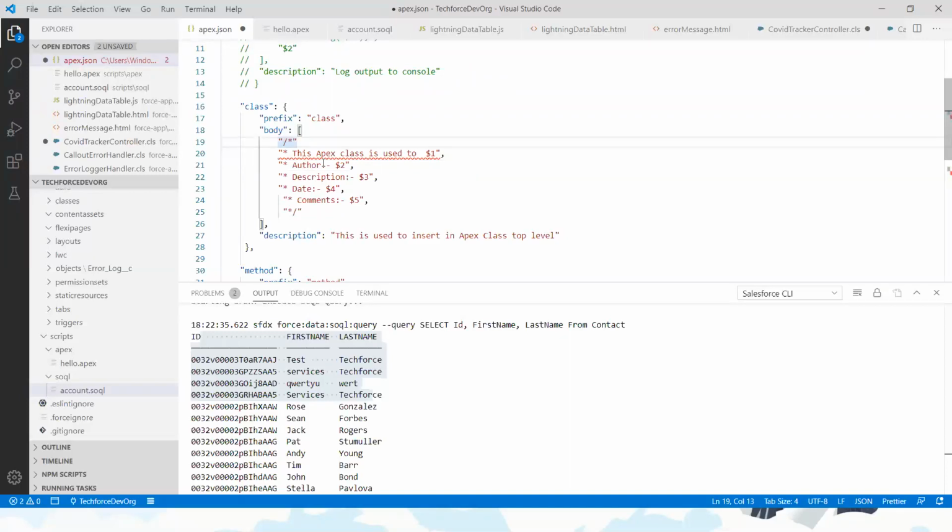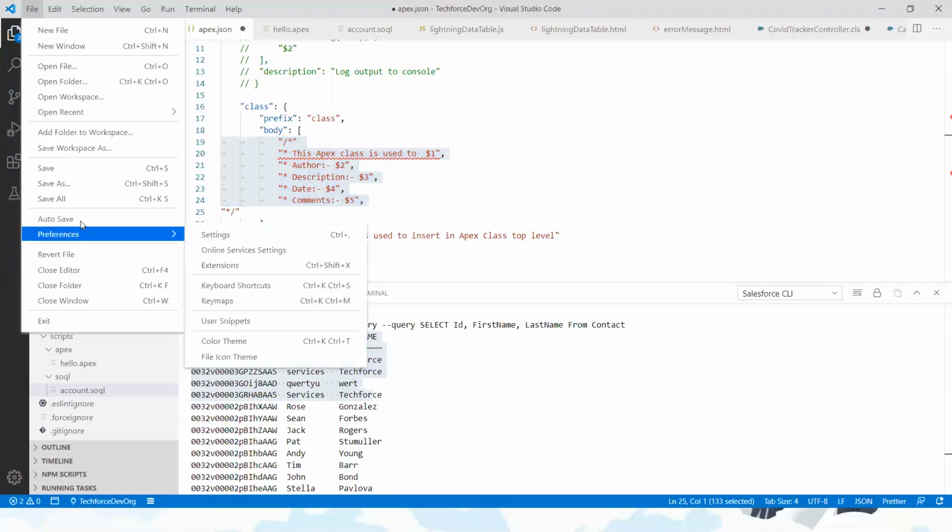Sakti, I think he's looking for auto format on save. So I think what you can do is go to settings.